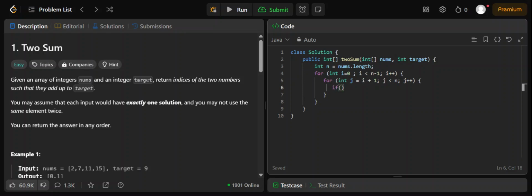If nums[i] plus nums[j] is equal to the target, then return.